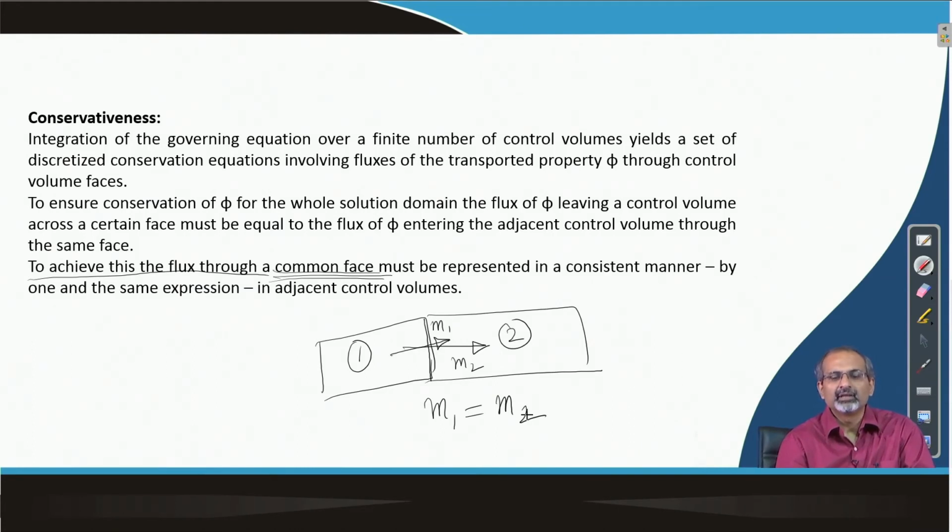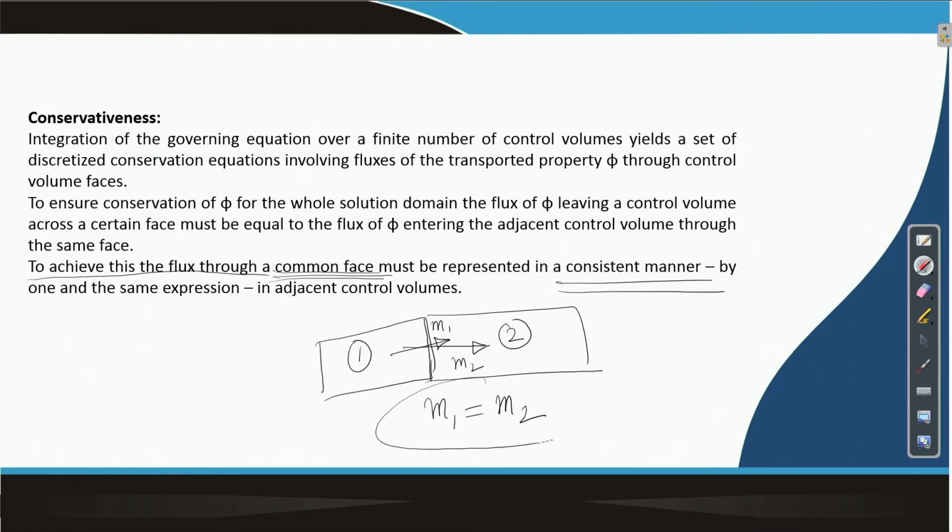So, only when we use consistent flux descriptions, such conservations are ensured. This is an essential property of finite volume techniques, and in finite difference techniques we need to ensure overall conservativeness by applying certain techniques. They may not be satisfied by default. So, there should be certain measures through which we try to ensure a reasonable level of conservativeness.